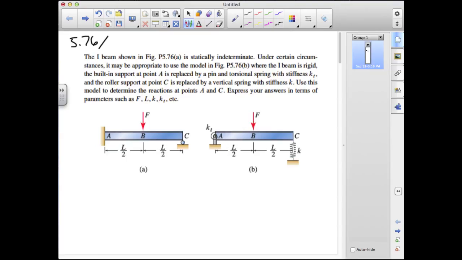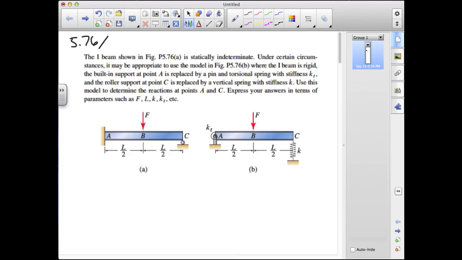We now consider a couple of sample problems from the end of section 5.3. The first one is problem 576, where we have an I-beam that's in a statically indeterminate configuration. So in figure A, it is built in or clamped at A on the left-hand side, and it's roller supported at C. There will be a total of 3 reaction components at A and 1 at C, so it's statically